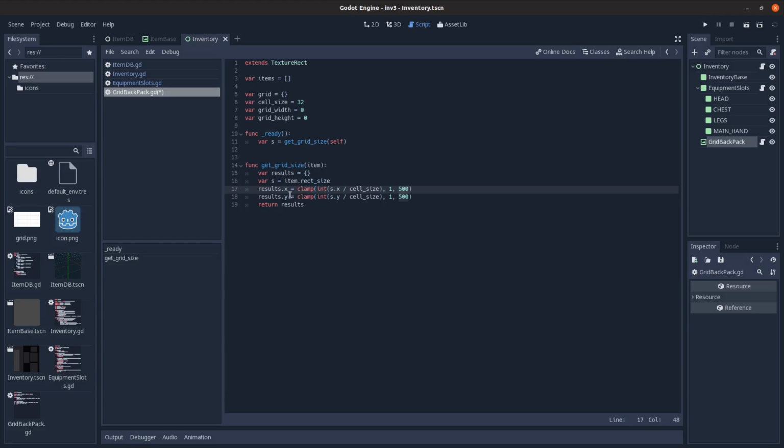And then set the results.x. So that's a cool thing you can do with dict. You don't have to actually set the index by doing the square brackets. You can just do dot ID name and set something. So I do dot x and dot y, return the results. So I'll use that